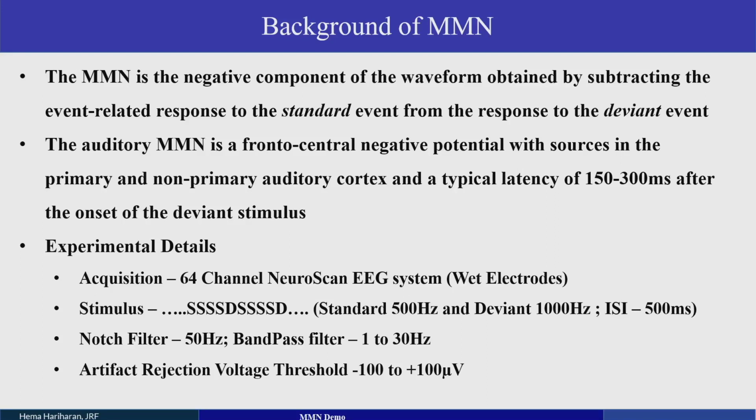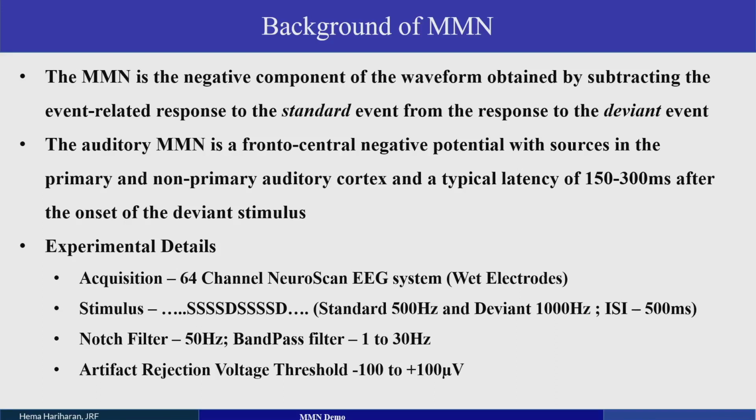This is similar to the auditory evoked potential itself, because we are giving an auditory stimulus, so the auditory cortex is involved in this MMN ERP also. Usually this MMN is always between 150 and 300 milliseconds. In this range, the MMN should be seen every time. It starts soon after the deviant stimulus is obtained.